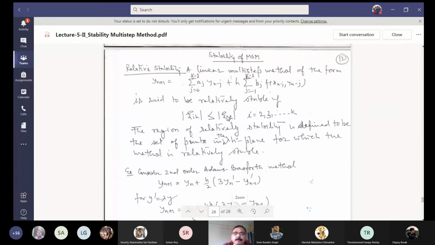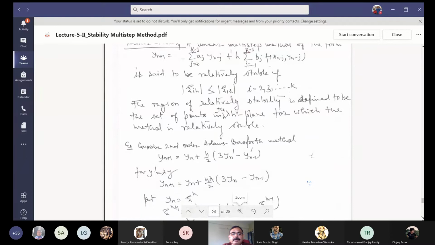And once they are bounded, that is your magnitude of xi_1h. This is always the case with the stability case. Since we are seeing it relatively, that's the reason the word comes in, relative stability, relatively stable. If this is happening for all i's, meaning 2, 3 and onward, that the magnitude of this is less than or equal to the magnitude of xi_1h, the principal one, then we say it is a relatively stable case. Is that right? Yes, sir.